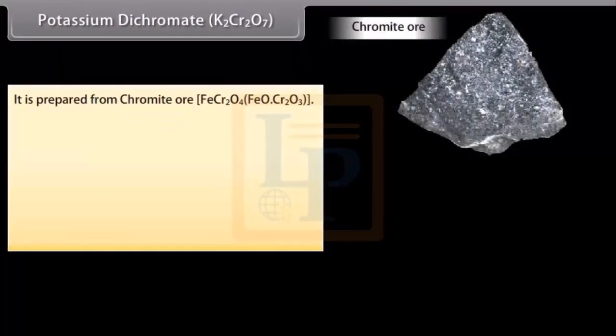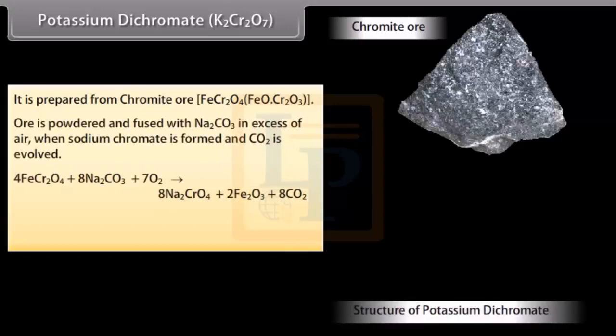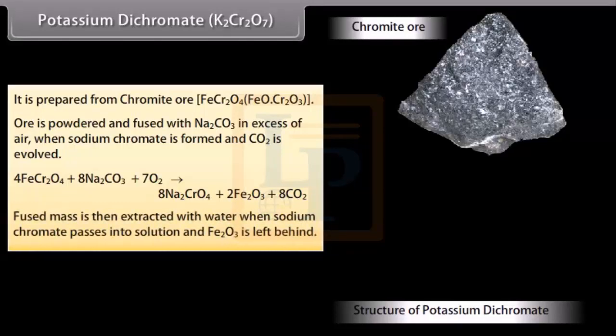Potassium dichromate, K2Cr2O7. It is prepared from chromite ore. Ore is powdered and fused with Na2CO3 in excess of air, when sodium chromate is formed and CO2 is evolved. Fused mass is then extracted with water, when sodium chromate, being soluble in water, passes into solution and Fe2O3 is